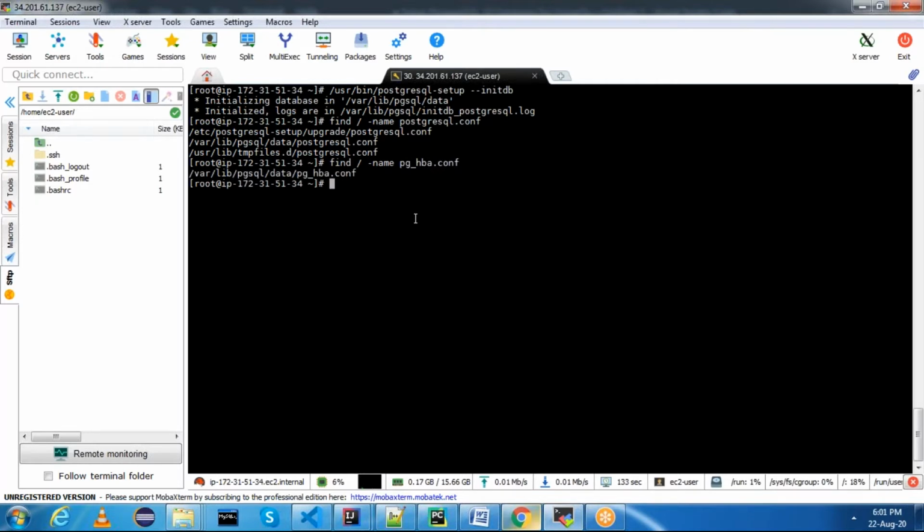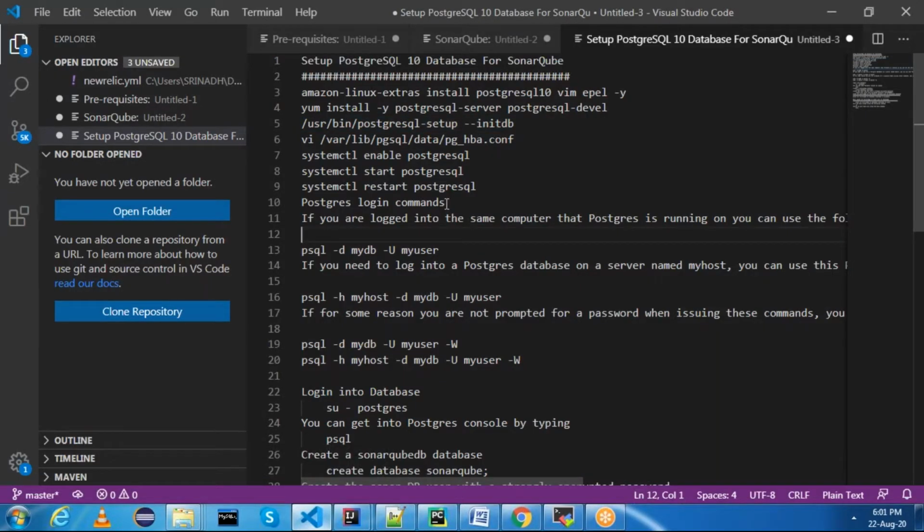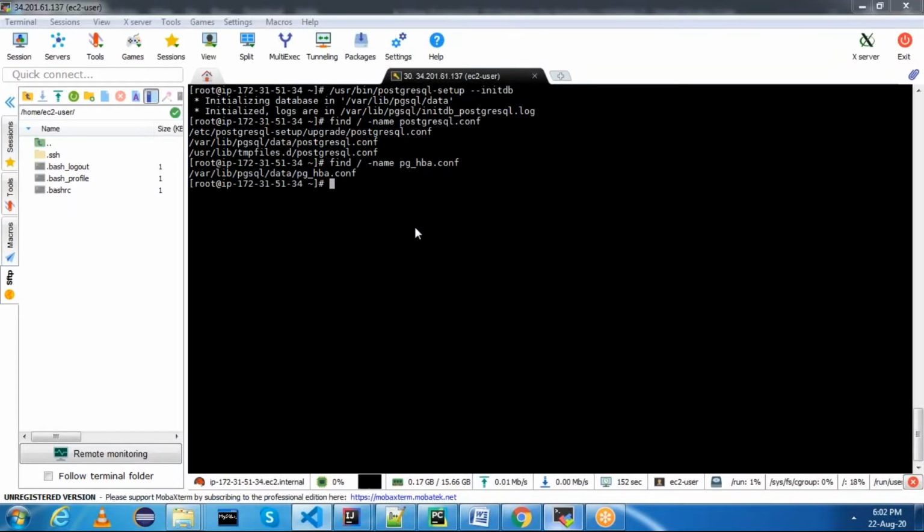This is another file. Okay, these are the two files which we will be manipulating. The first file, what we have to do is change the IP inside that file. Okay, let me copy this one, pg_hba.conf, and open this.